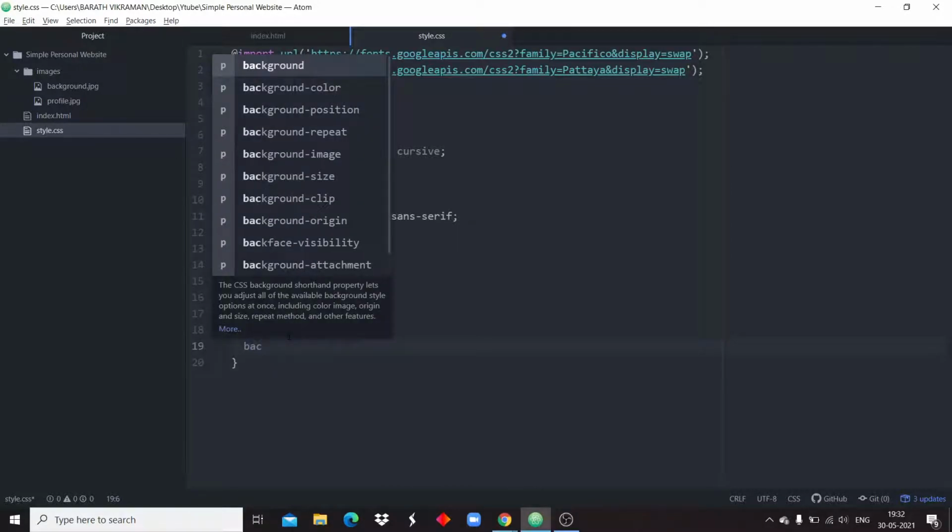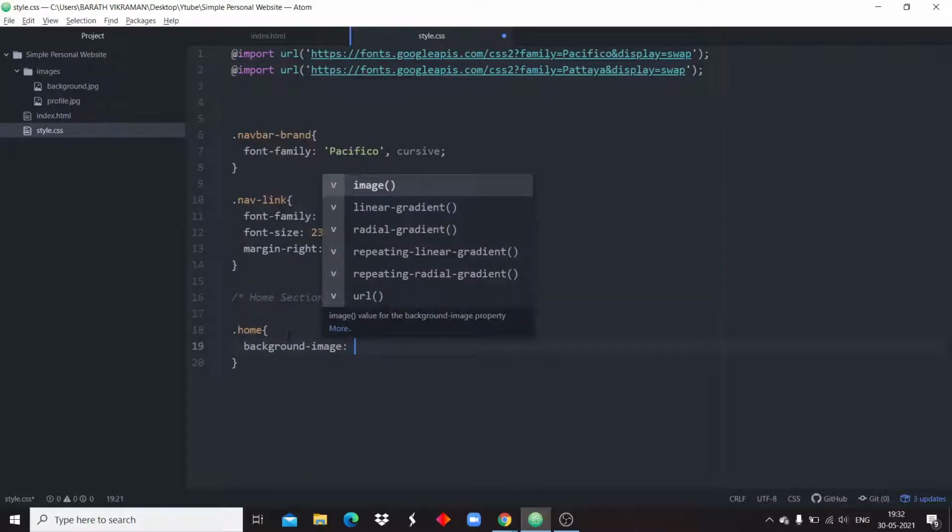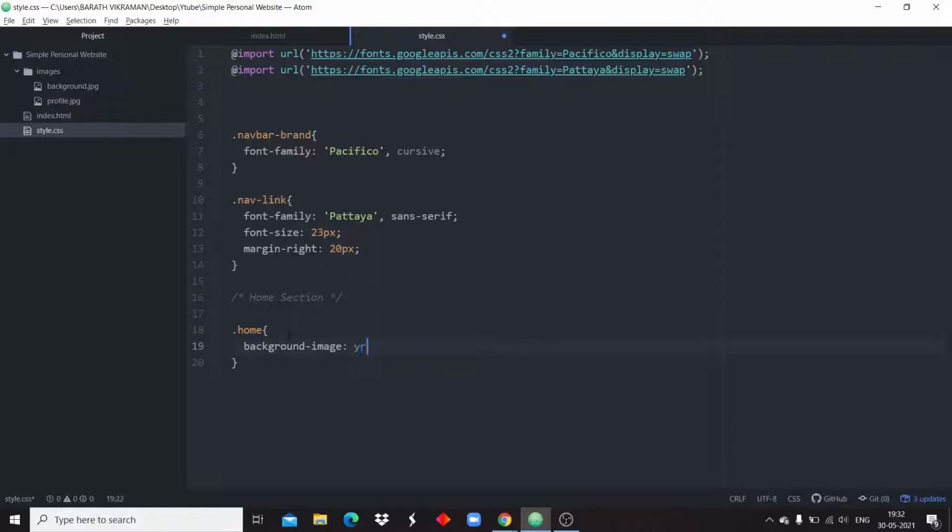And we are including the background image. Images slash background. For my image, you can specify the path where you have saved the image file.